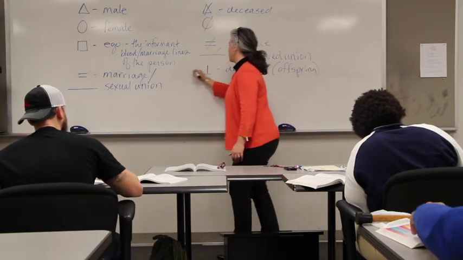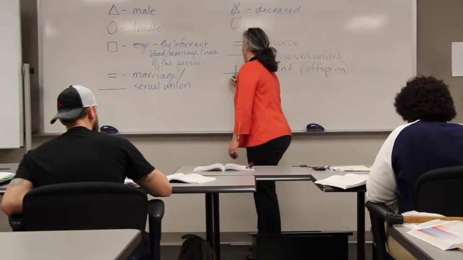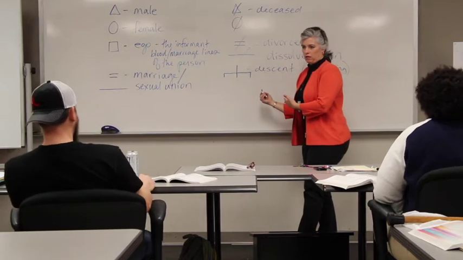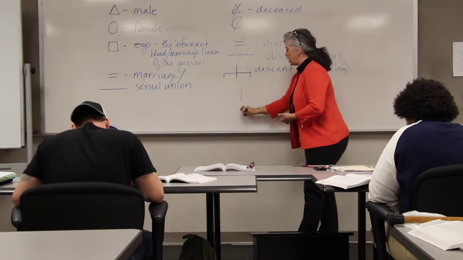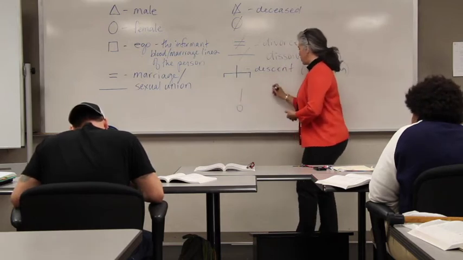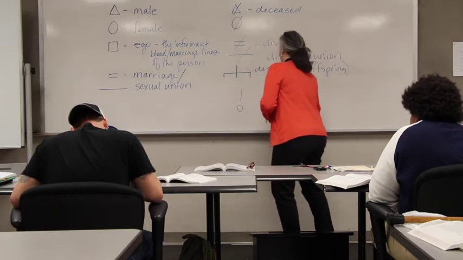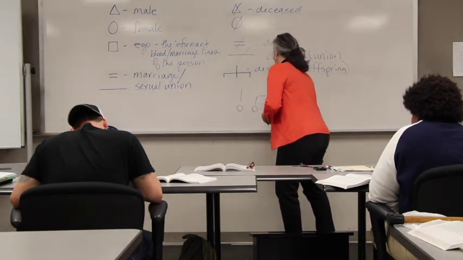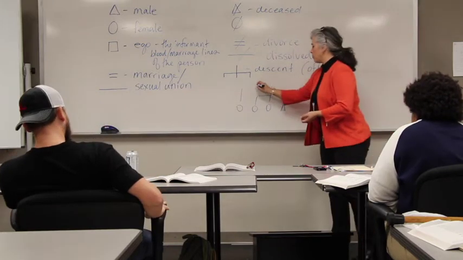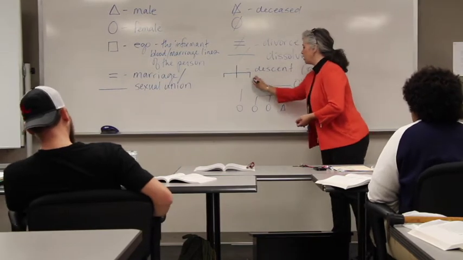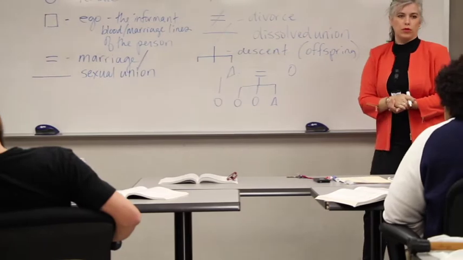And since people can have multiple offspring, you would just have this downward line and then link the multiple offspring from that line. See how I did that? So you could just do one straight line if there's one daughter, but if there's two daughters and a son, you would link the two daughters and the son, for instance, coming out of either the sexual union between the parents or the marriage union between the parents.